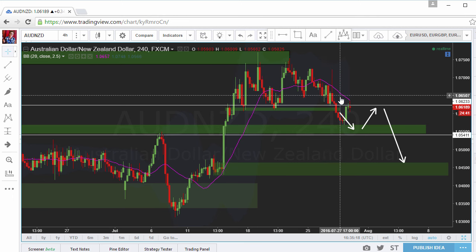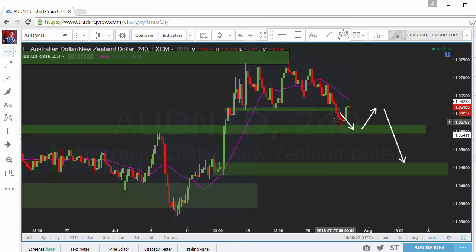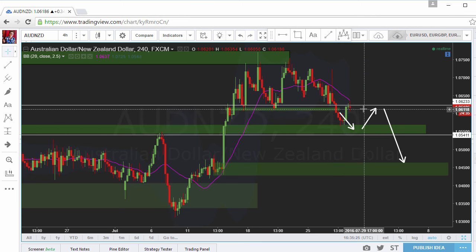Here was this very nice rejection that got us into the trade. Nothing spectacular again. Price found immediate support. We exited all our trades. We are now flat and waiting for the new